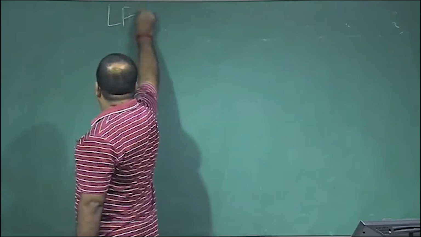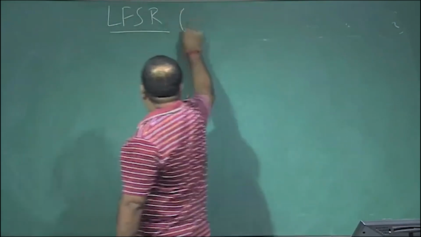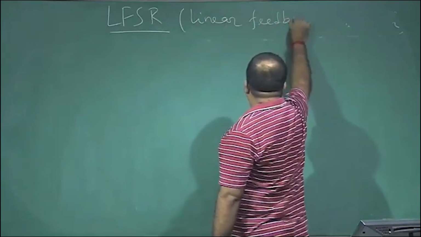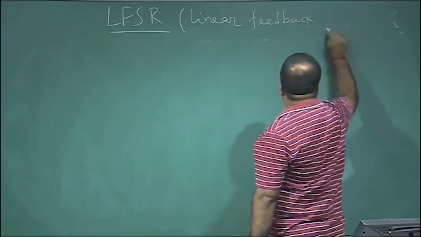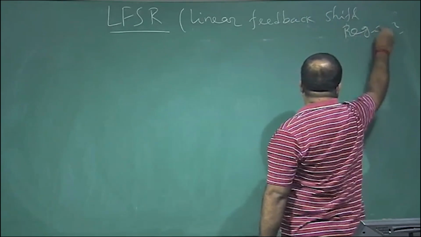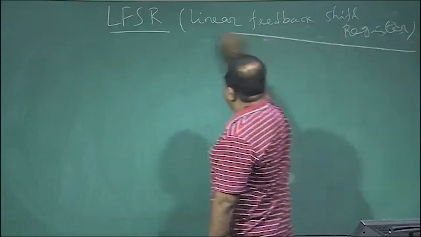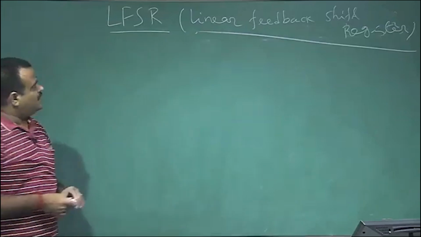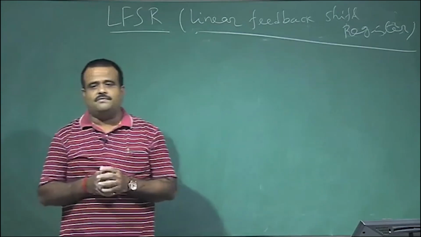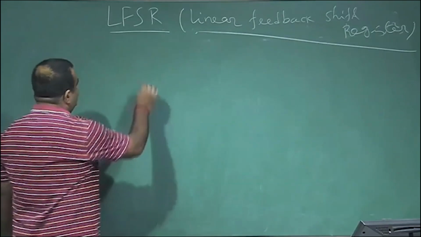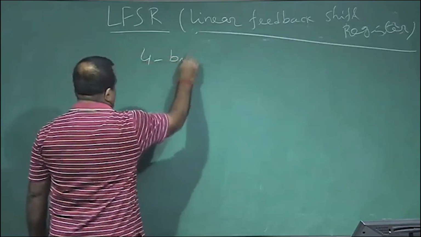So, one key stream generator is LFSR, it is called linear feedback shift register, or in short LFSR. So, it is basically a register. Register means basically a collection of flip flops. Okay. So, we can take an example, a 4-bit LFSR